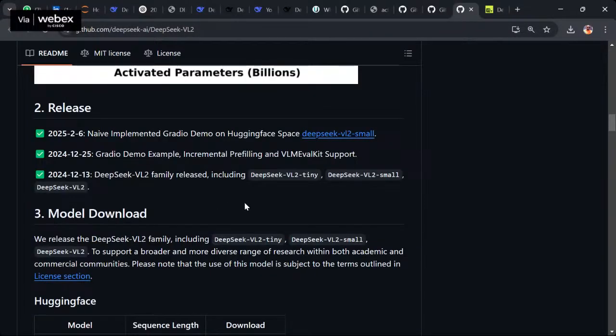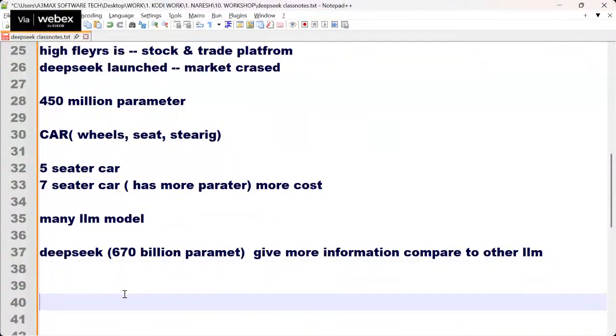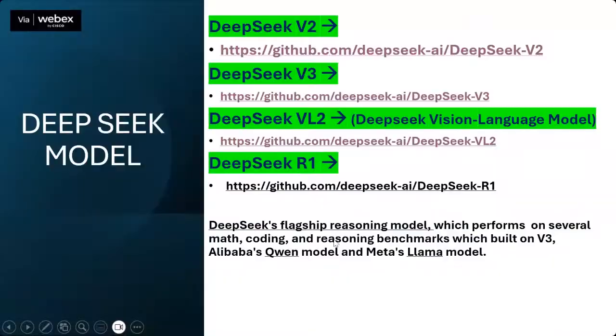What is a billion? How many parameters do we have? So, two parts we are done. DeepSeek introduced flagship models on math, coding, and reasoning benchmarks, built on V3, Alibaba's Qwen model and Meta's Llama.